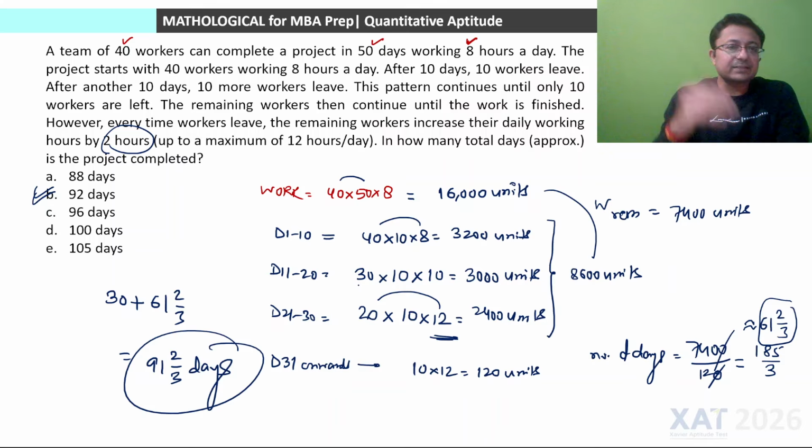या फिर इस क्वेश्चन में यही कर सकते हो कि फर्स्ट 10 डेज में तो वही सेम वर्क हो रहा है जो हमारा इनिशियली क्वेश्चन में मेंशन है, तो ऐसे भी सोच सकते थे कि फर्स्ट 10 डेज का वर्क तो सेम है, तो इफेक्टिवली द वर्क रिमेनिंग आफ्टर 10 डेज इज 40 वर्कर्स का वर्क फॉर 40 डेज वर्किंग 8 आवर्स पर डे। तो ये भी कर सकते हैं कि पहले 10 डेज का वर्क हम इग्नोर मार देते, ठीक है, उसके बाद में ही अपना प्रोसेस स्टार्ट करते, बट ये ध्यान रखते हैं कि लास्ट में कैलकुलेशन में ध्यान रखना है कि 10 डेज का वर्क हमने इग्नोर किया है, तो वो 10 लास्ट में ऐड करना पड़ेगा। ये चीज़ ध्यान रखना पड़ता है उस केस में, ठीक है, कि फर्स्ट 10 डेज में क्योंकि सेम ही वर्क हो रहा है, 40 वर्कर्स आर वर्किंग फॉर 8 आवर्स पर डे, उसके बाद में ही चीज़ें बदल रही हैं, ठीक है, तो वैसे भी देख सकते थे, कोई फर्क नहीं पड़ता, उससे भी थोड़ा बहुत फर्क पड़ेगा बस।